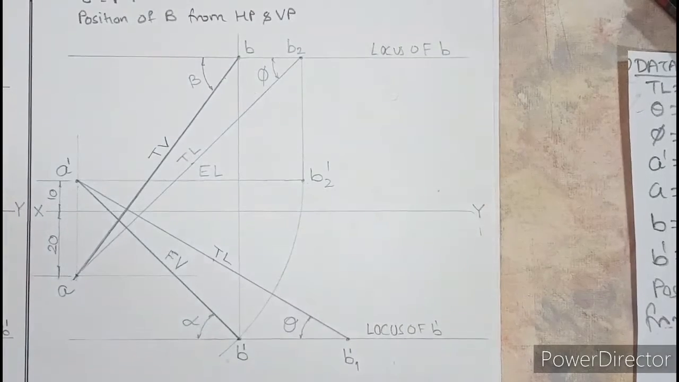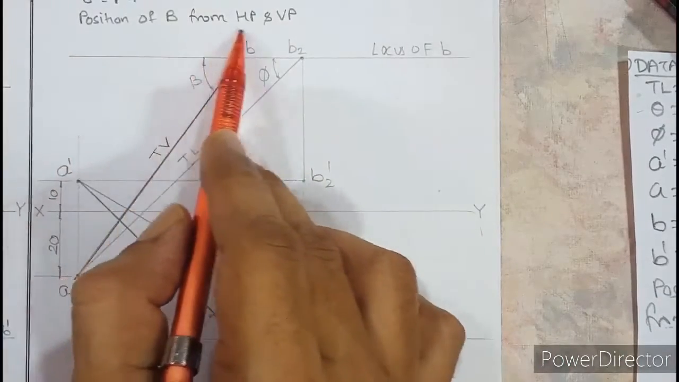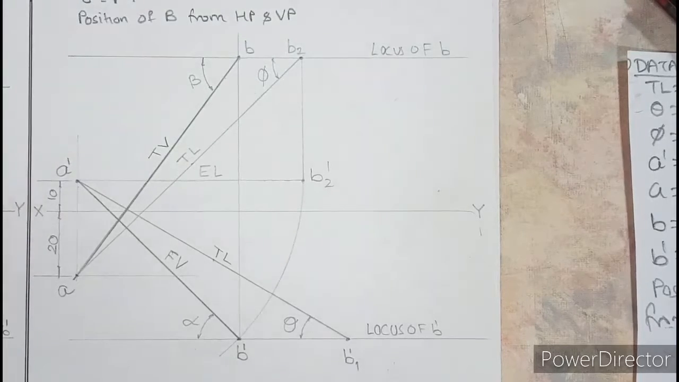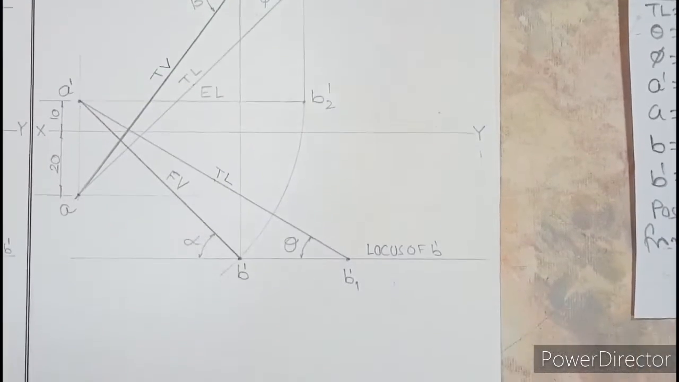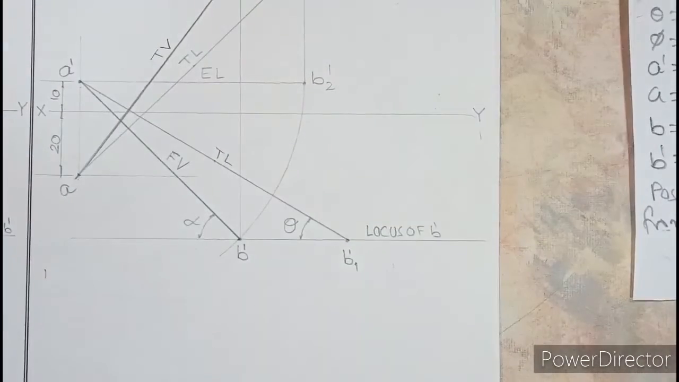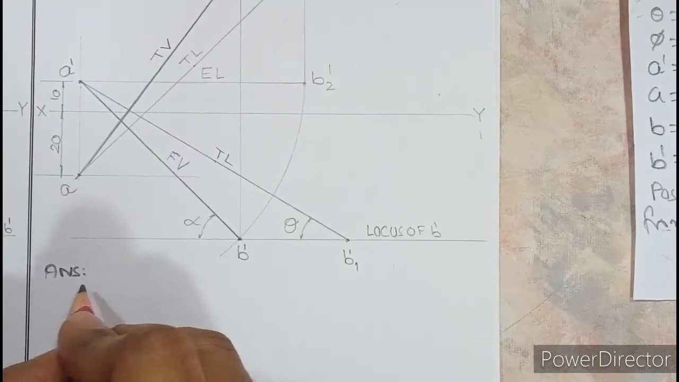Now they've asked us to find the position of B. So in which quadrant does B lie? See, very clear, the position of B from HP and VP they've asked. So B lies in which quadrant? Third quadrant. So how to define a point in the third quadrant? Let us write down first. So you have to answer the question like this. Okay, let me write down here. How to answer the question. So this is the answer. You should write like this. Point B